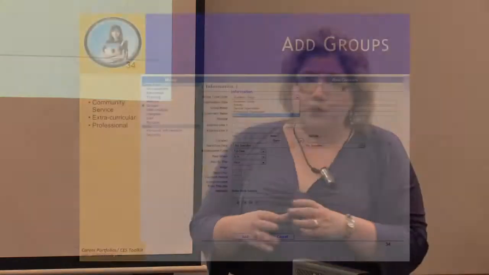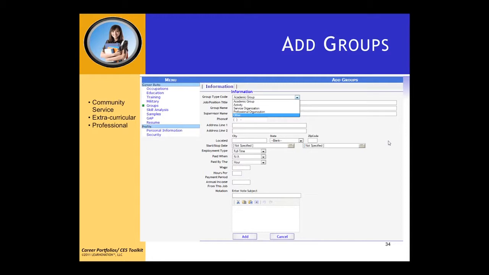There we are. When you get into adding a group, the first thing is you click the drop down and you classify what type of activity or item you're adding. Is it an academic group? Is it extracurricular? Is it sports? Is it professional? And you classify it. Then you name the organization, give the information, if it's paid or not. Most of it is not. And who your contact individual is, working all the way through with the notation. Then you click Add.